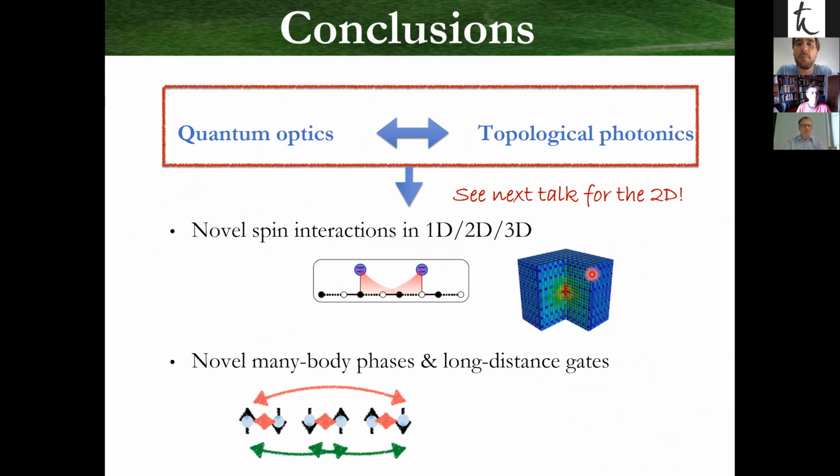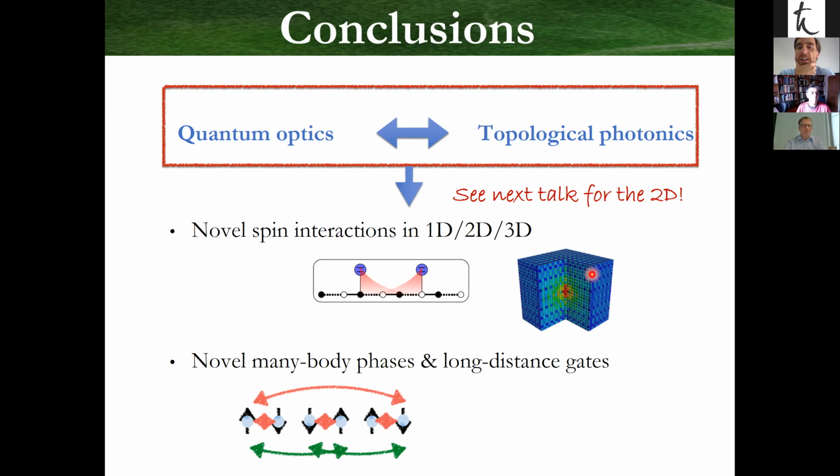I hope to have convinced you that this interplay of quantum emitters, or quantum optics, and topological photonics can give rise to interesting physics. I have shown you in particular that it gives rise to novel spin-spin interactions in 1 dimension and 3 dimensions. I put here the 2D because I think the next talk by Daniele de Bernardis will be about a two-dimensional setup